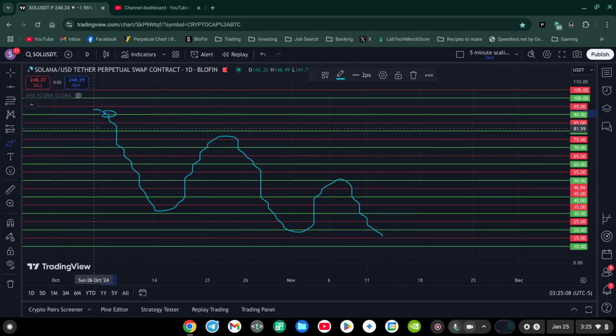And so the average of all of these green long positions will be kind of around here, and that sum total